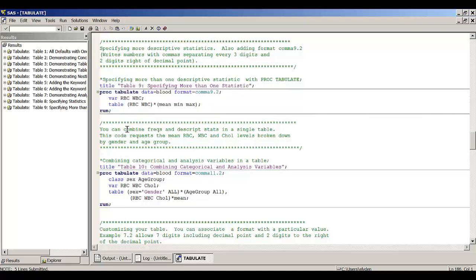What if you want to see the mean red blood cell count and mean white blood cell count broken down by one or more of the class variables? You can combine frequencies and descriptive statistics in a single table. In the code for Table 10, we are requesting the mean RBC, WBC, and cholesterol levels broken down by gender and age group. So for this table, we are going to make use of both the class statement and the